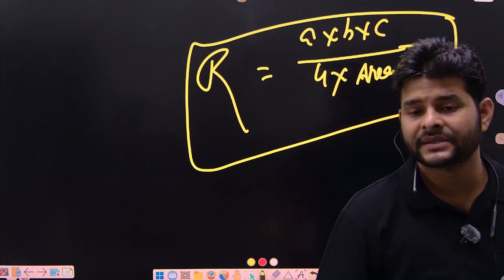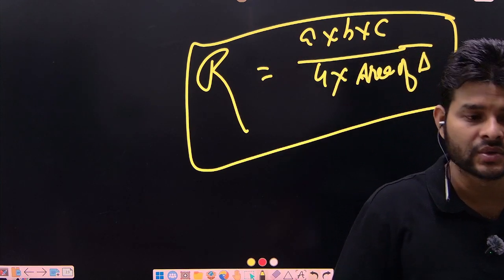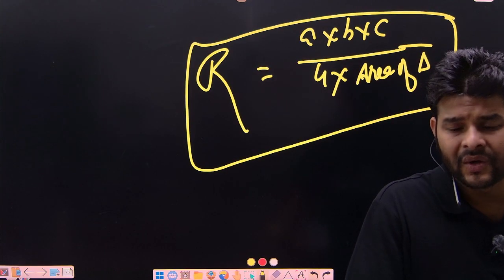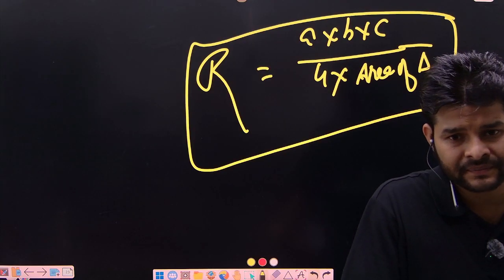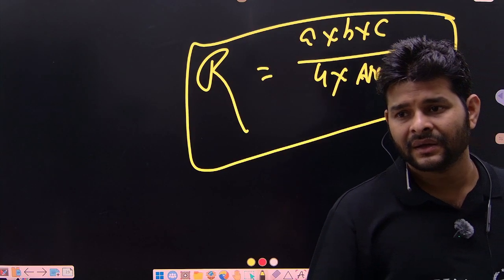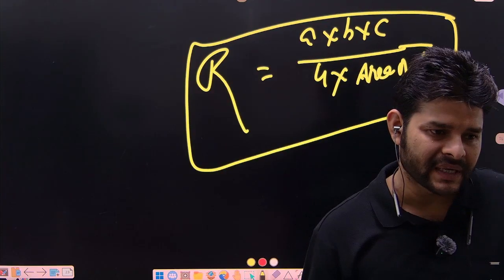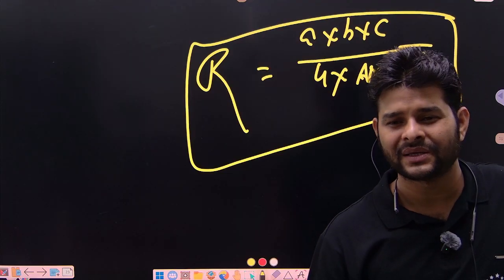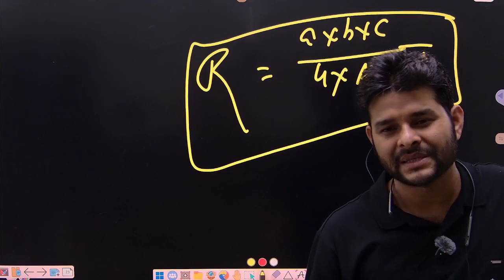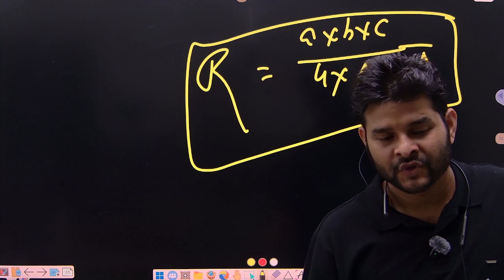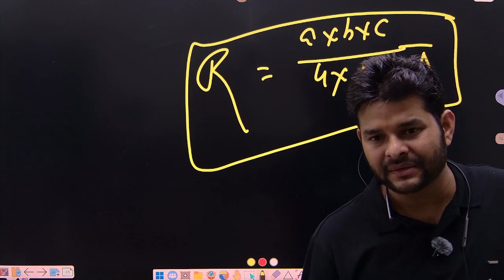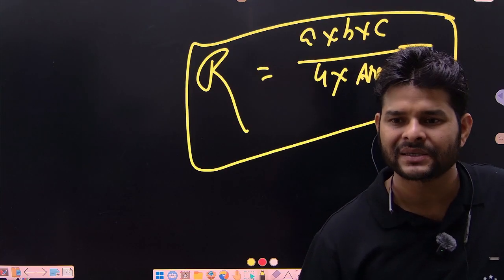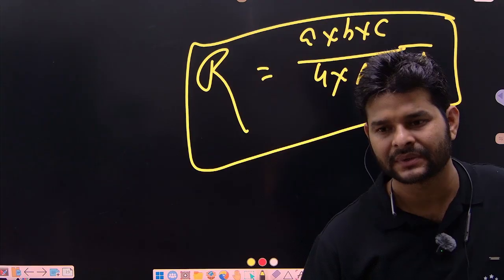Guys, I have already discussed when I started teaching you geometry. Geometry is not tough, but in geometry there is a problem. A lot of concepts are given. But in arithmetic, there are some specific concepts in a specific chapter. But over there, unlimited formulas, unlimited concepts have been given. So you can't practice questions, but you can practice formulas or concepts. You have to revise formulas and concepts multiple times.